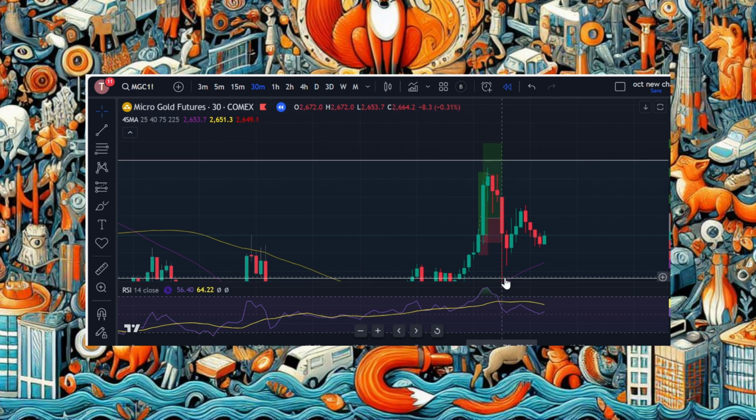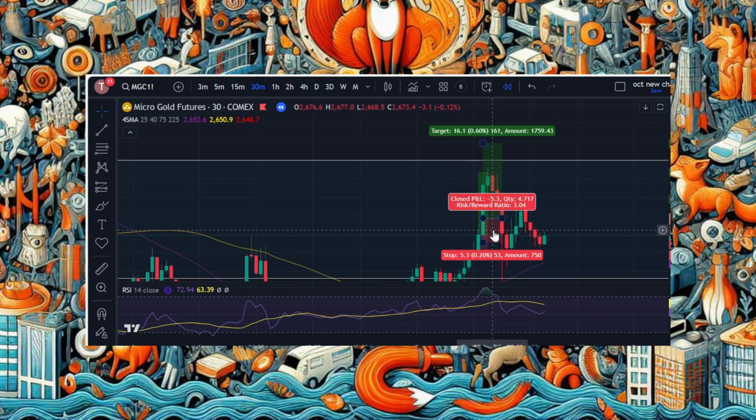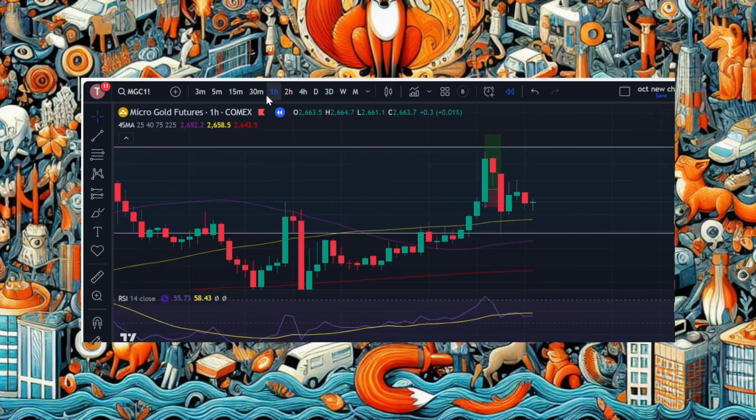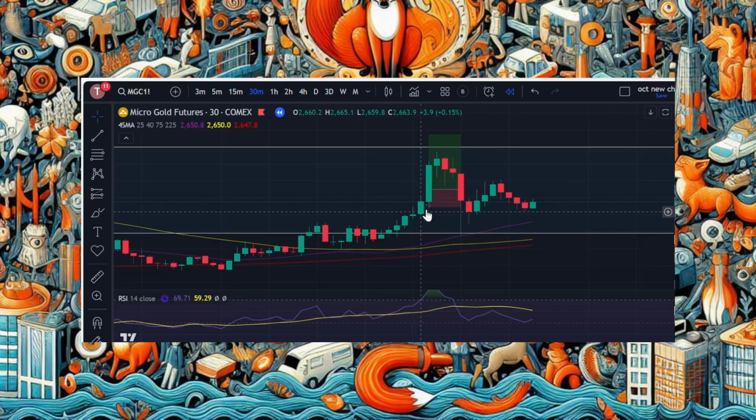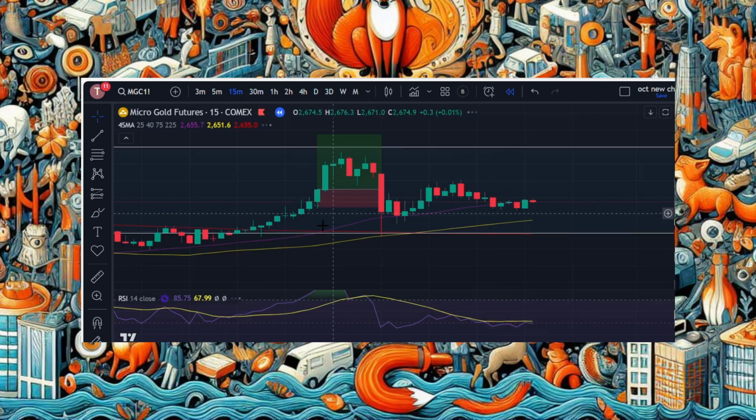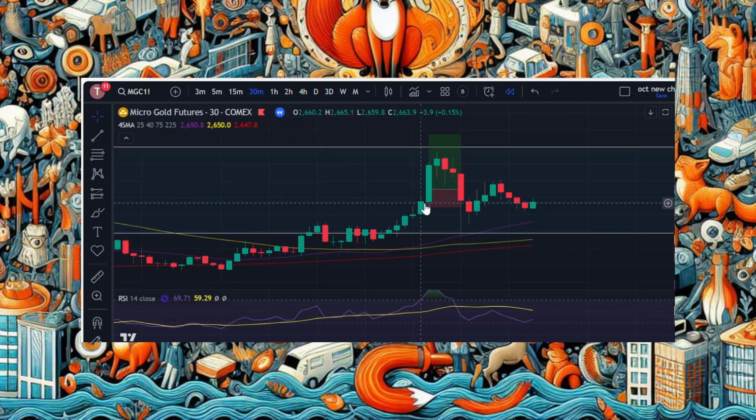So looking at this, around 9 is when they hit my stop loss. But luckily for me, once it got up here to this area, I moved my stop loss up to break even. I really wish I would have got in on this candle here instead of getting in up here. Most likely this was around the time when I was getting up, and then I seen this candle on the 15. But had I been up a little earlier,